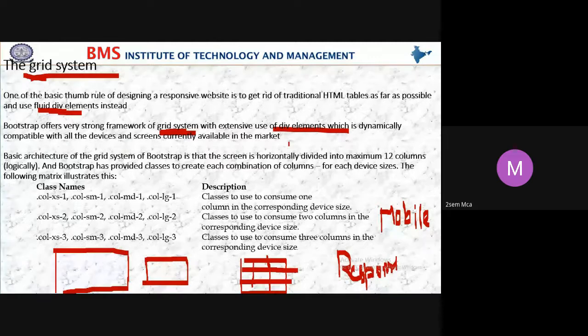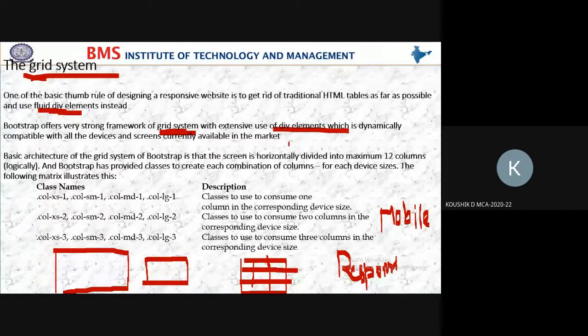Currently, which devices are available in the market to see the web page? Are you understanding my question? To see the website, which devices are available?